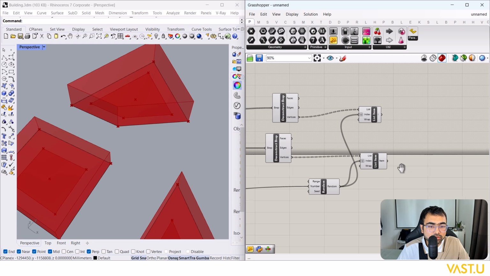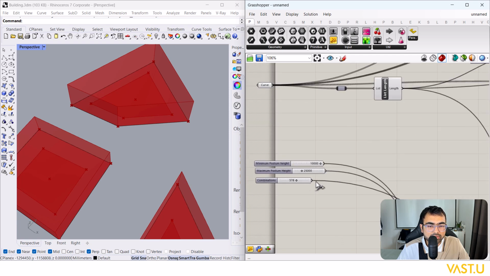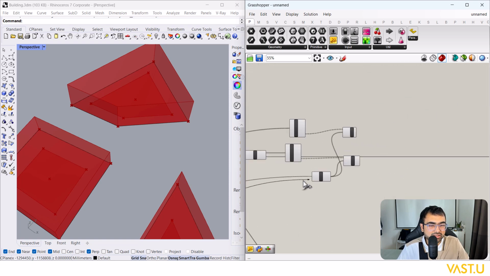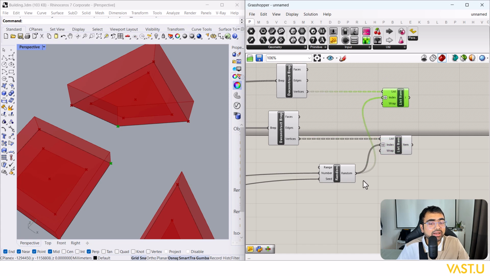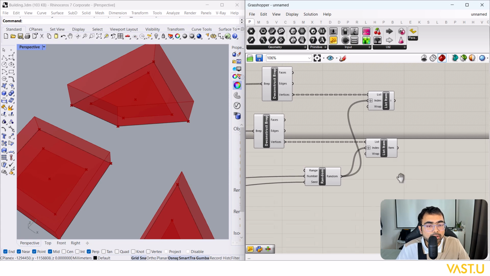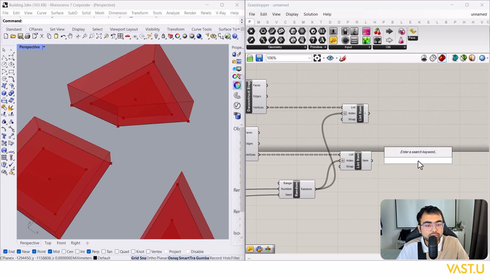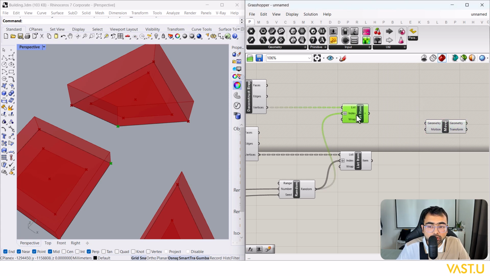And what you want to do is make sure the seed is again common. I mean, you can do a different seed, but I usually like it to be a common seed. Doesn't matter to me much, but if you want a different randomization for this specific thing, you can go ahead and do so. Now that we have points, we want to move our geometry from this point to this point,